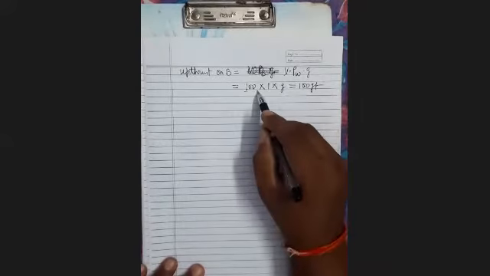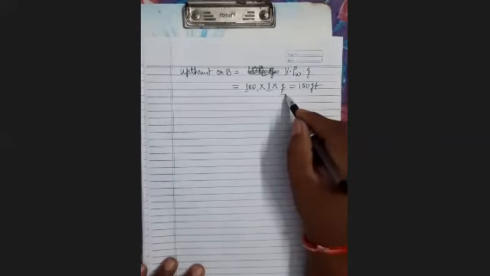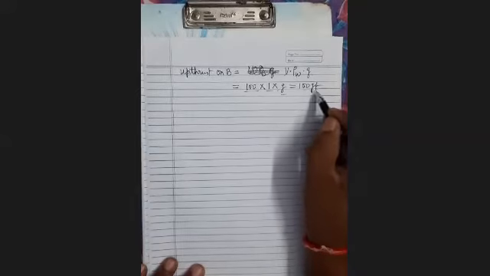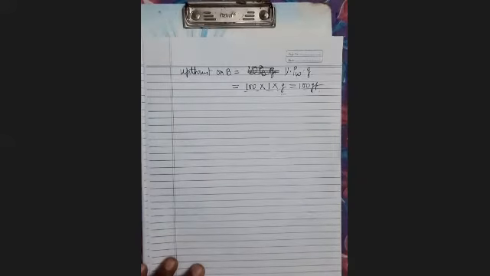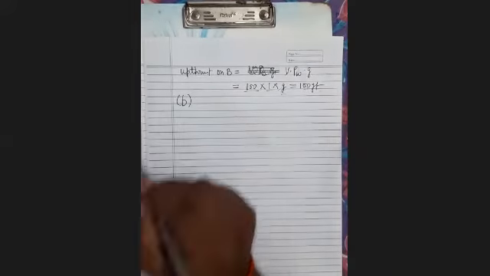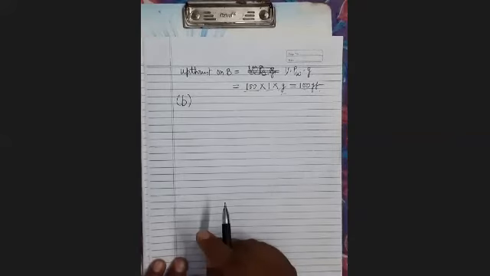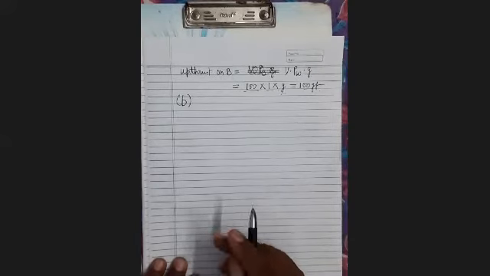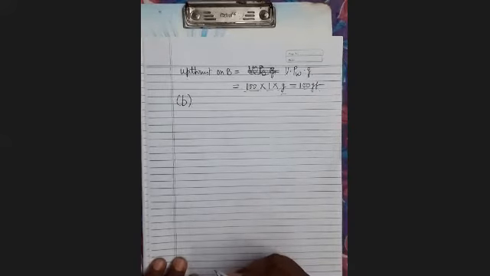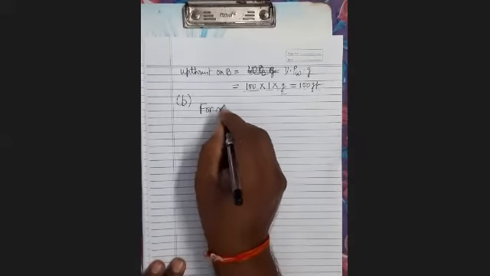So volume is 100 centimeter cube, density of water is 1 gram per centimeter cube, into G. When you will remove G, it will become 100 gram force. Is it clear? Second part answer already I have explained. Which sphere will float? Give reason. So on the basis of density already I have explained. Is it clear?